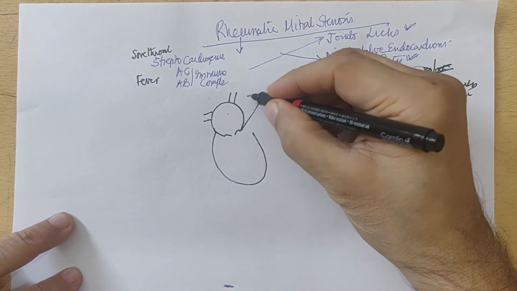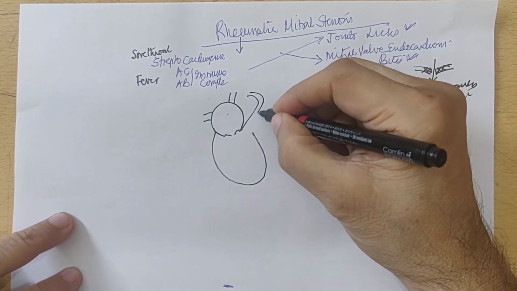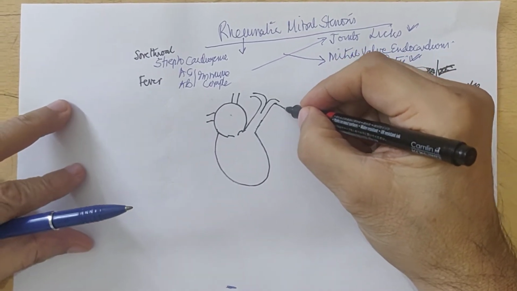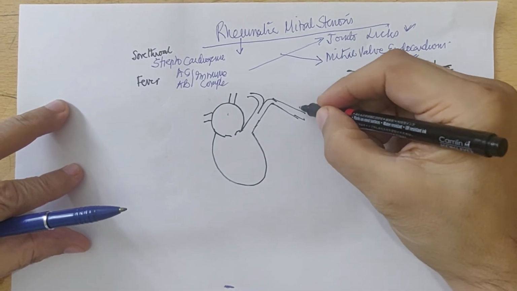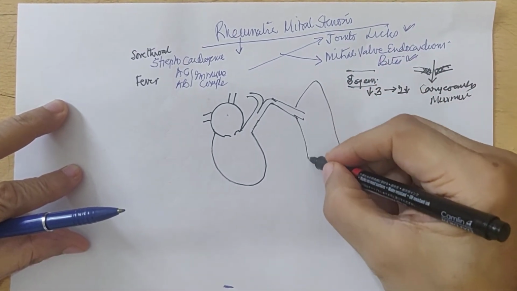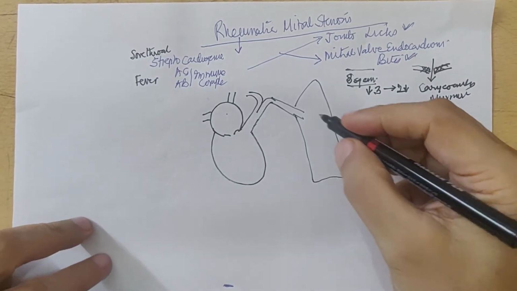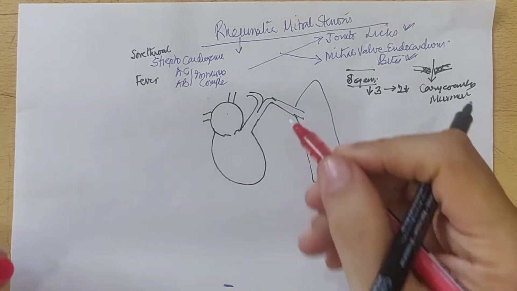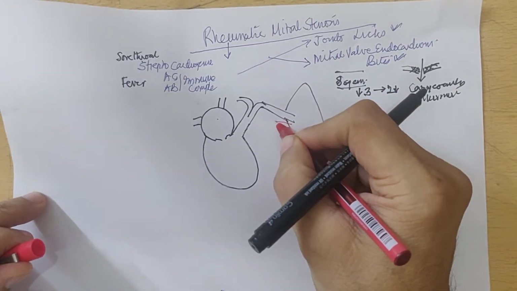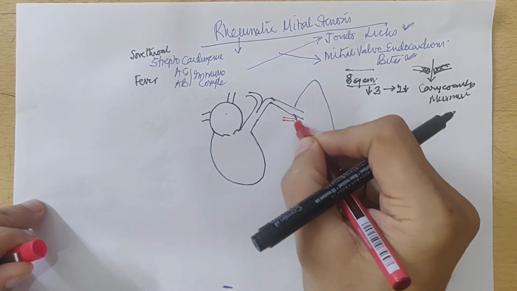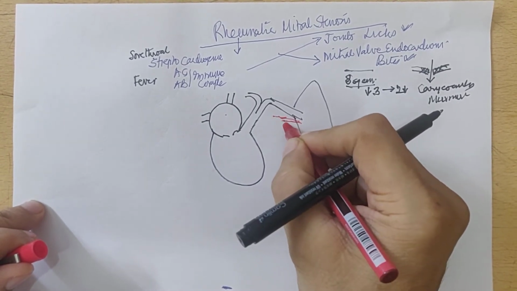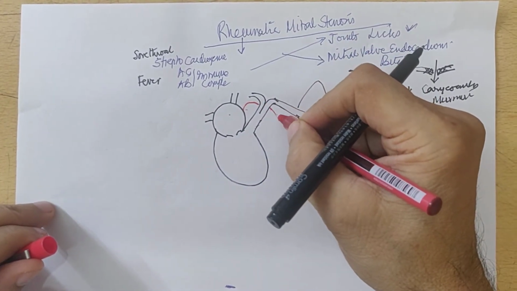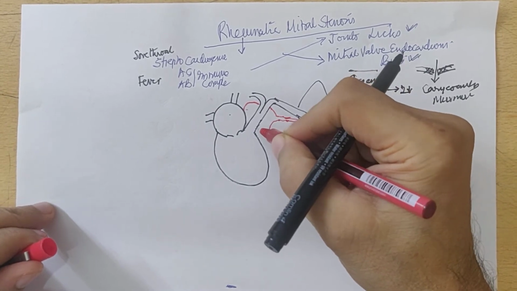Here is the pulmonary artery going to the lungs, and the pulmonary vein returning from the lungs, which is feeding the left atrium, and here you have the mitral valve,